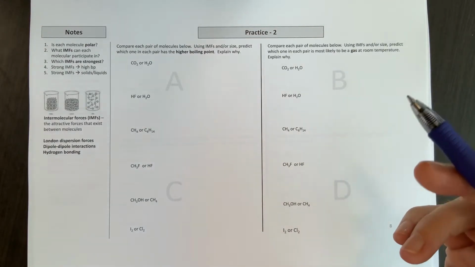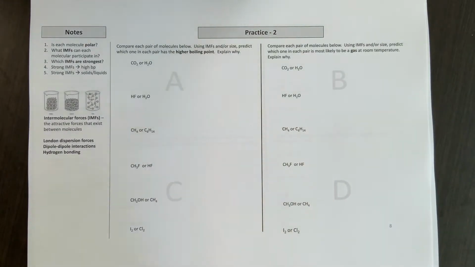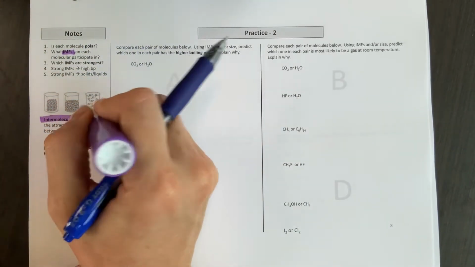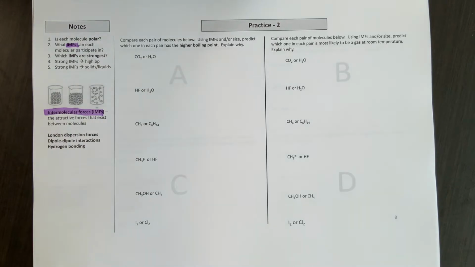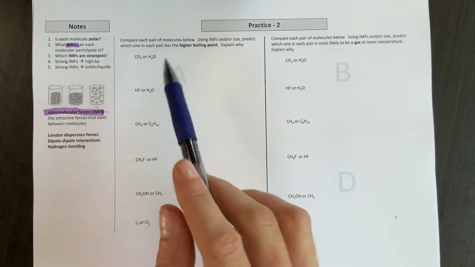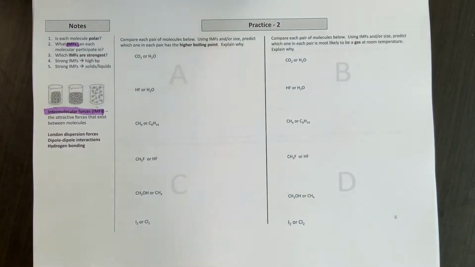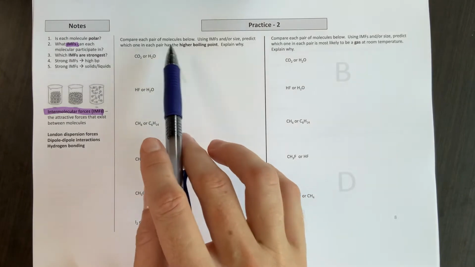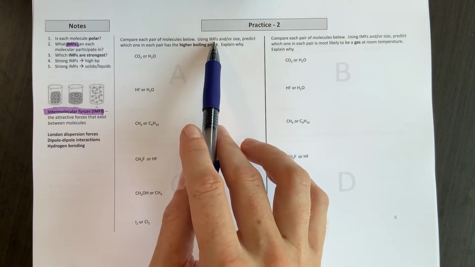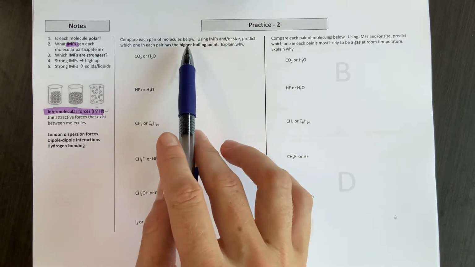We're going to take a look at a few more types of problems that you might have to work on related to intermolecular forces. On these, we're going to be looking at mixtures, or actually not mixing, but comparing different compounds. And then on the next page, we'll see some mixtures. As I look at these problems, we're going to compare the pair of molecules. We're going to use intermolecular forces and or size to predict which one in each pair has the higher boiling